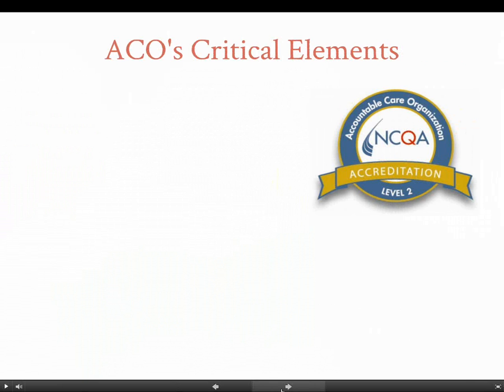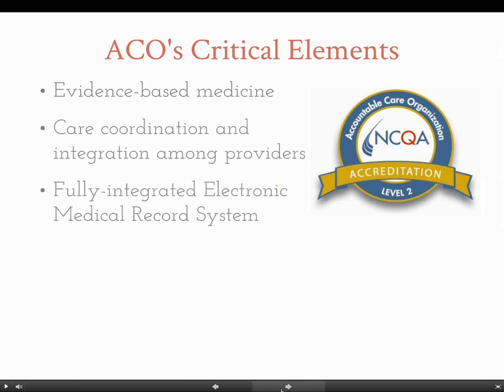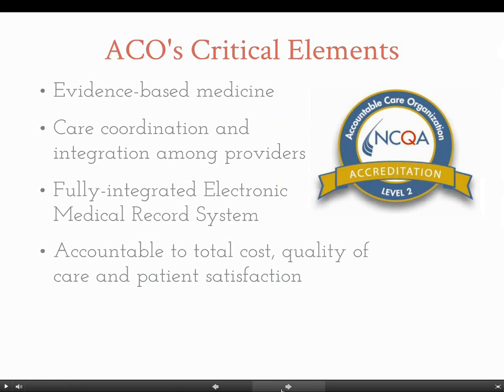I'd like to share a brief summary of the critical elements that make up an accountable care organization. Evidence-based medicine, a high level of care coordination and integration among providers, a fully integrated electronic medical record system. It is accountable to the total cost of care, quality, and patient satisfaction of the plan, and is able to